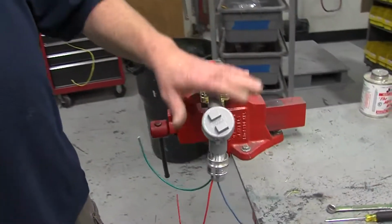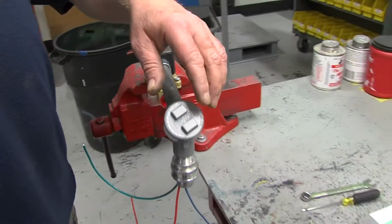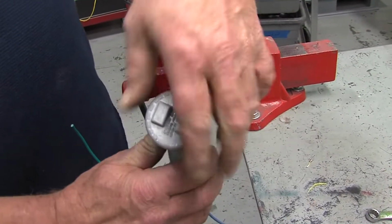Solenoid rebuild, the same solenoid we use on XPs, TORREXXs, and our AQUAVAIREs. 3/4 inch ASCO solenoid rebuild. First thing you want to do is make sure the power is off. You'll open up the